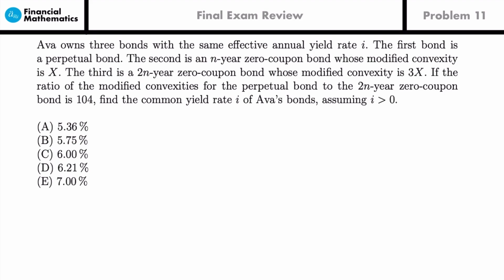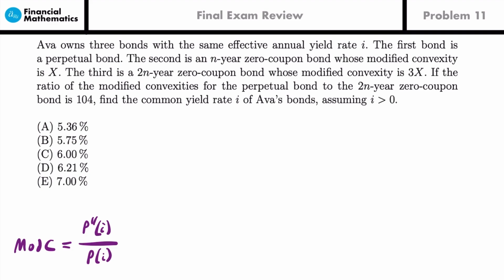But as I already pointed out, we know that we are working with modified convexities for all 3 bonds, so I think that's a good place to start. We should just set up how we would calculate the modified convexity for each one of these 3 bonds. And remember, the definition of the modified convexity is that it's equal to the second derivative of the price function or present value function for a set of cash flows divided by the original price function or present value function